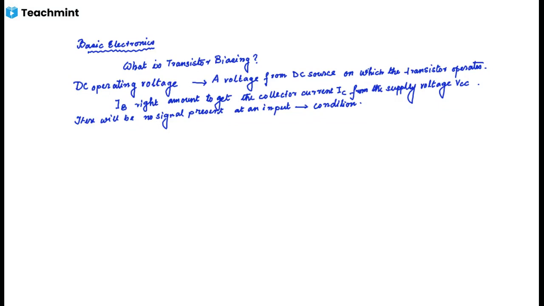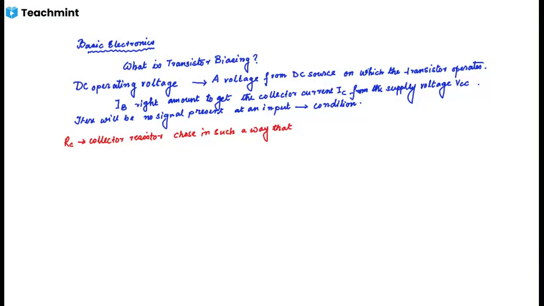So the collector resistor can be defined as what? RC. This is the collector resistor RC. It has been chosen so that the collector emitter voltage, so what we do, we choose RC in such a way